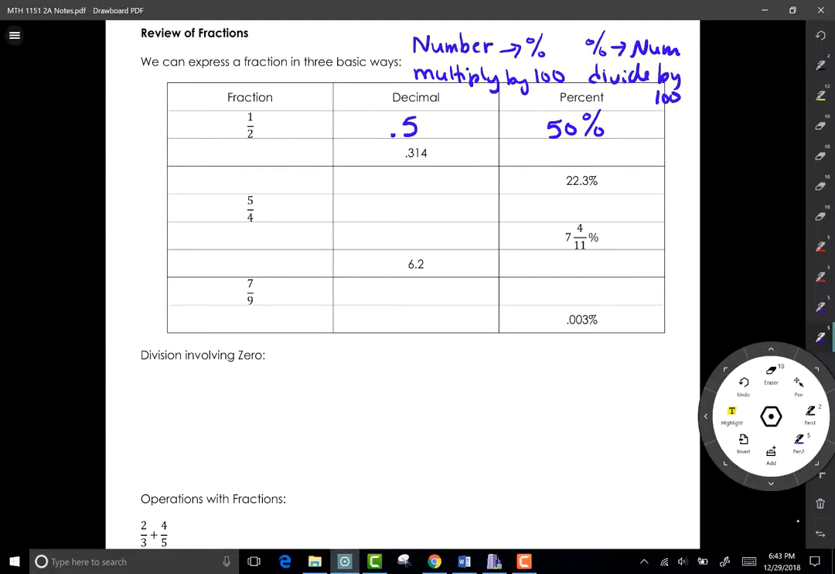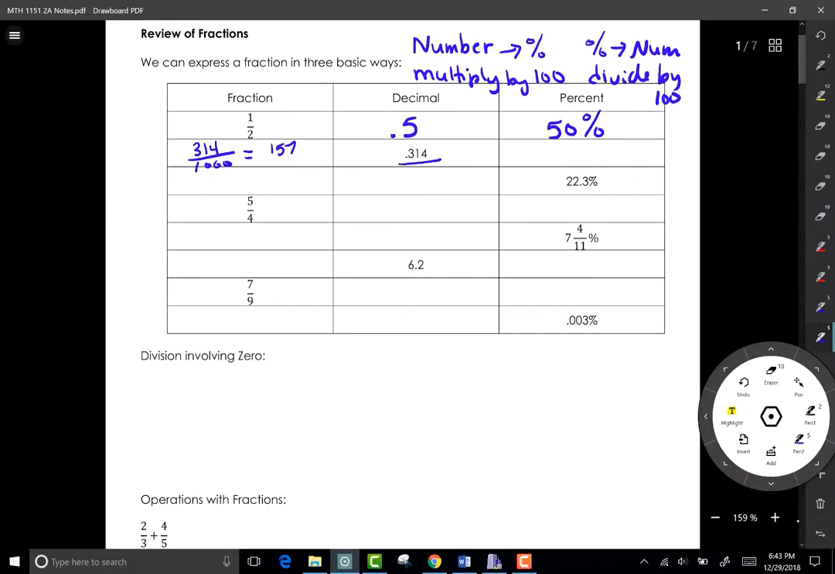Now going in the other direction, if I have a decimal and I want to write it as a fraction, I want to take the number of digits that I have in my decimal and write it over in my denominator, a 1 with that many zeros. So if I have 3 digits, I want to do a 1 with 3 zeros in my denominator. So this is going to be 314 over 1,000. And then I can reduce it. I can divide everything by 2 because 2 goes into 314 and into 1,000. And I get